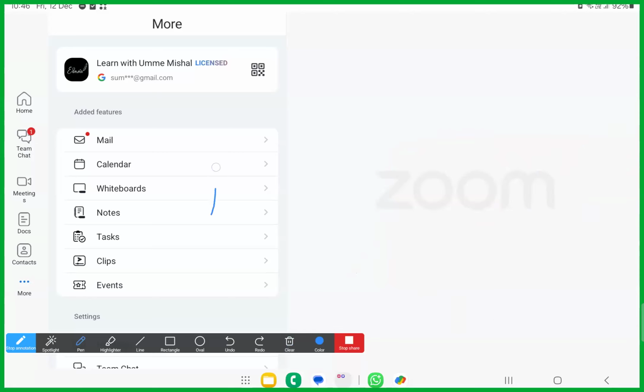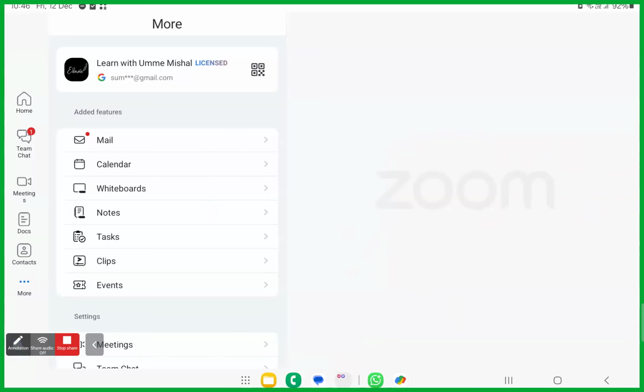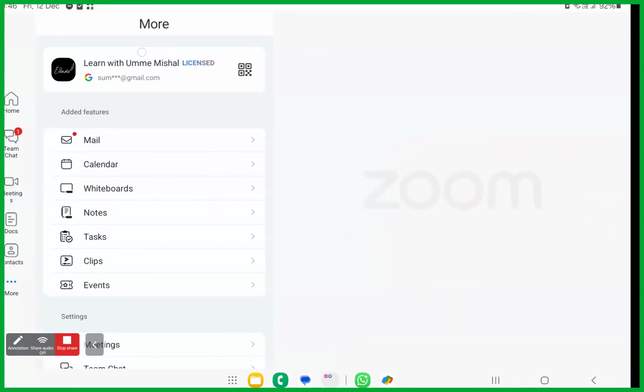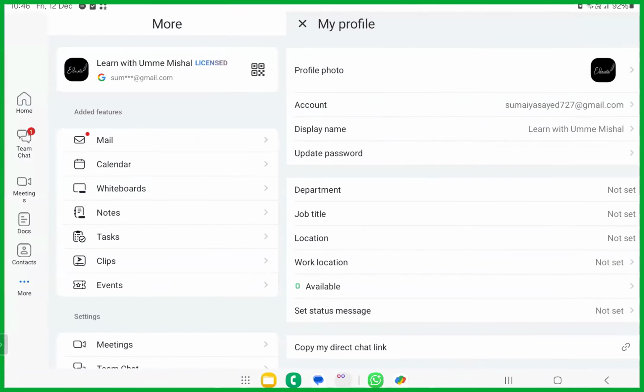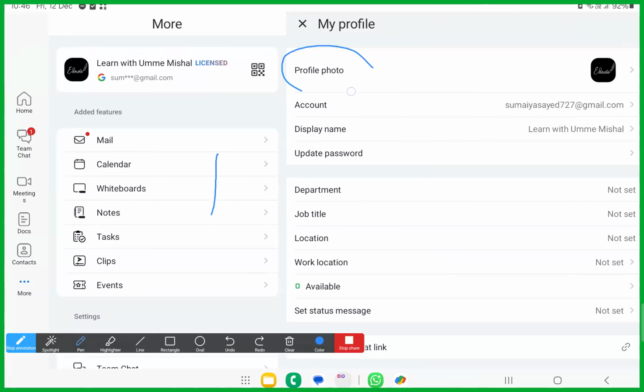Fine. Now the features that are over here, there are so many things here. First thing is learn with Vishal, that will be telling you how you're going to have your things connected. So you have settings, all other settings here, QR code and about settings. Fine. So let's first start with the very first one, that is profile. In the profile, you will be asked for a profile photo. Please update this, because if you are into tutoring batches or whatever courses, this will be shown up as your profile photo. So make sure you're updating this.